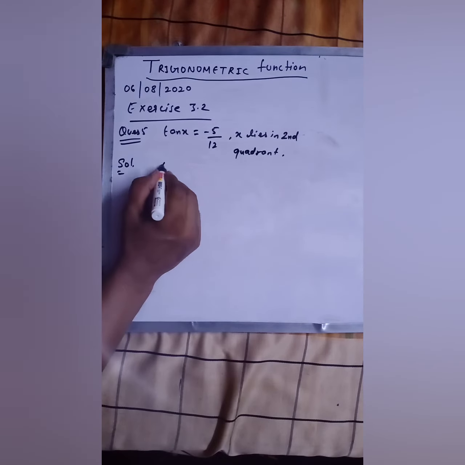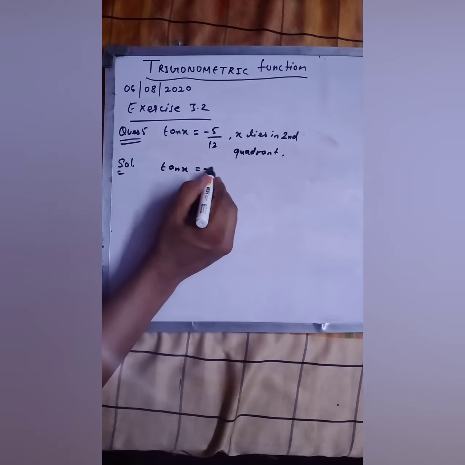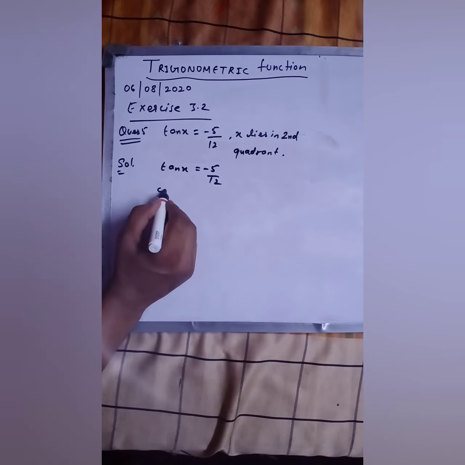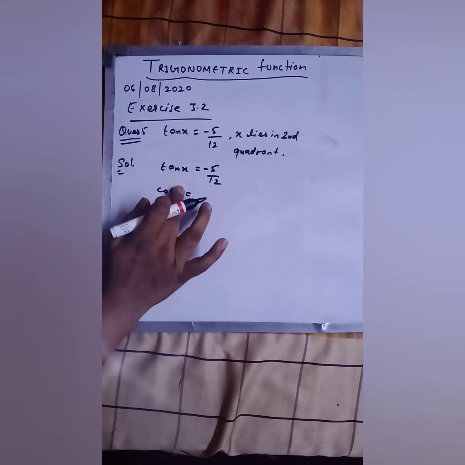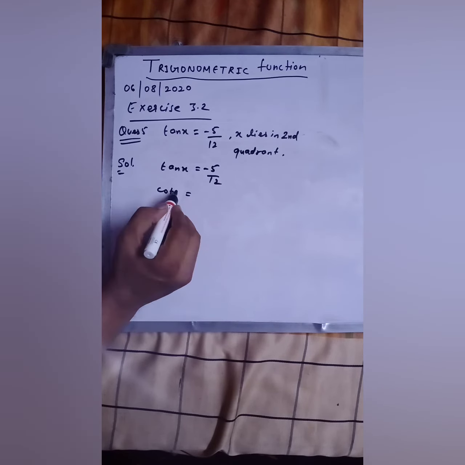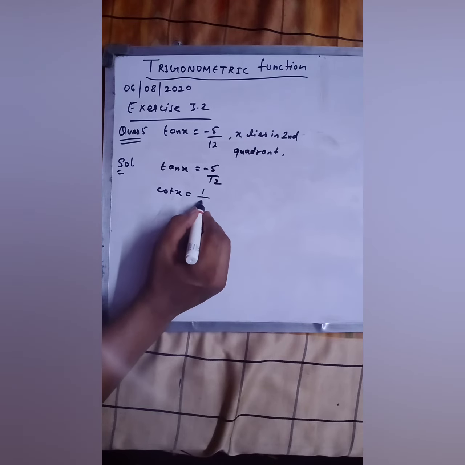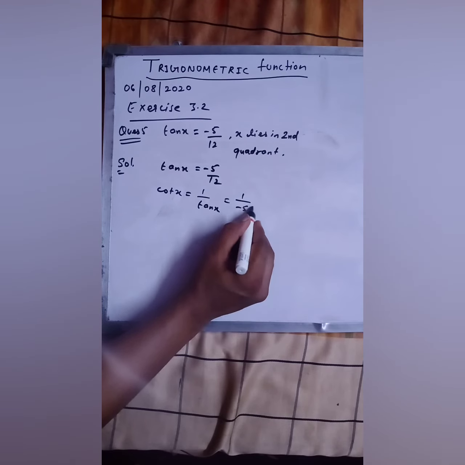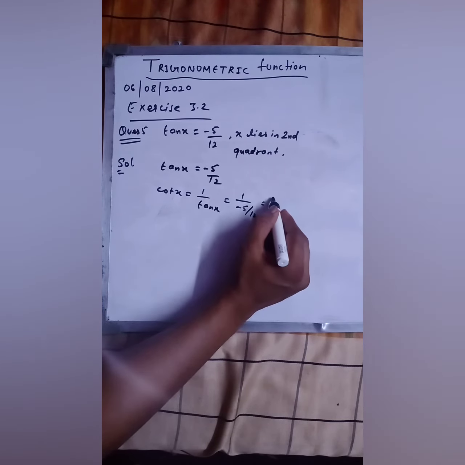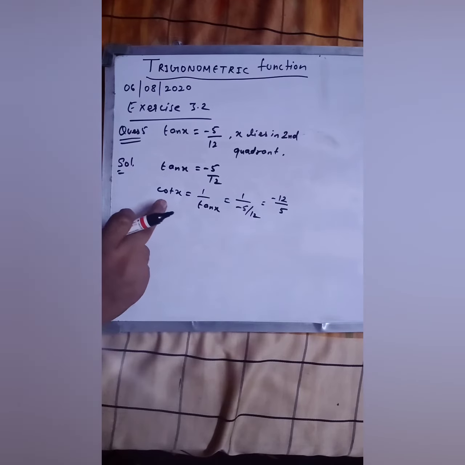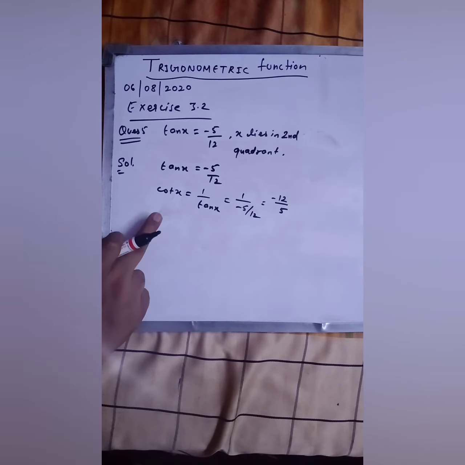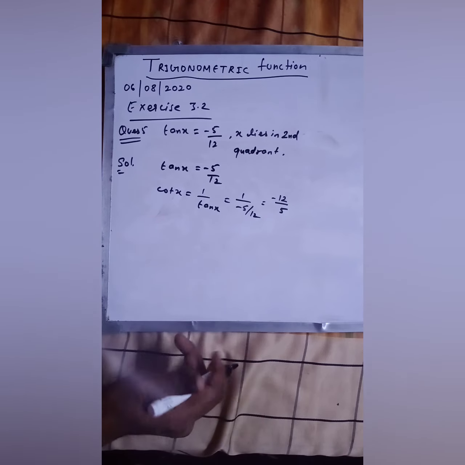Now here as you can see that tan x is given to us. So using this I can easily find out cot x, because angle is in the form of x, that is 1 upon tan x. That means 1 upon -5 by 12. So when you will find out the reciprocal of this, you will get the value of cot x as minus 12 by 5. Fine. Now the rest of the 4 trigonometric functions you have to calculate.